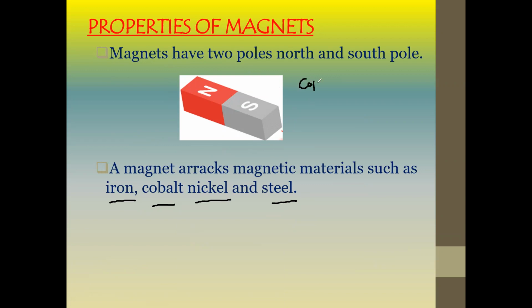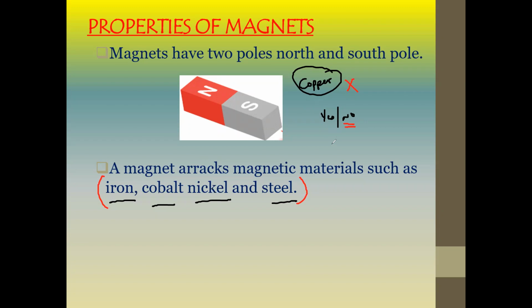But what if I place a copper? Copper is a metal. Will it be attracted towards the magnet? Yes or no? If I place a copper, will it experience any attraction towards the magnet? No. Copper is a metal, but that does not mean it is magnetic. All metals are not magnetic. The only materials which are magnetic are iron, cobalt, nickel and steel. So if we have an object which is made up of copper, it is not